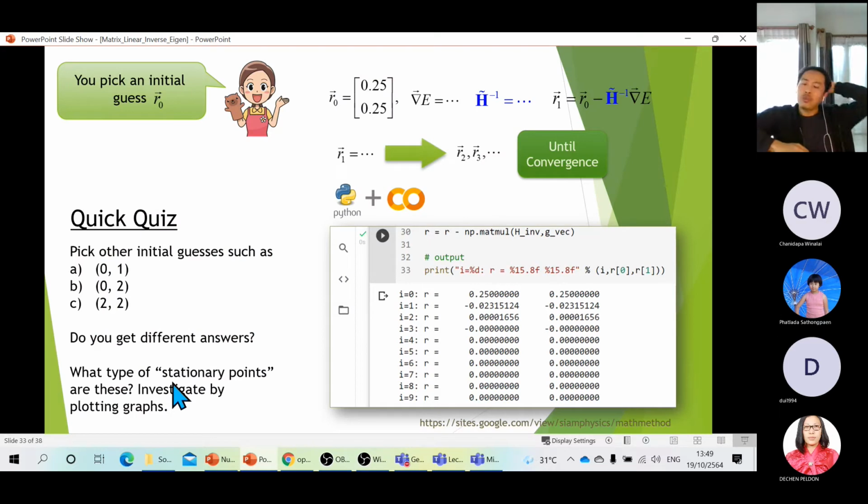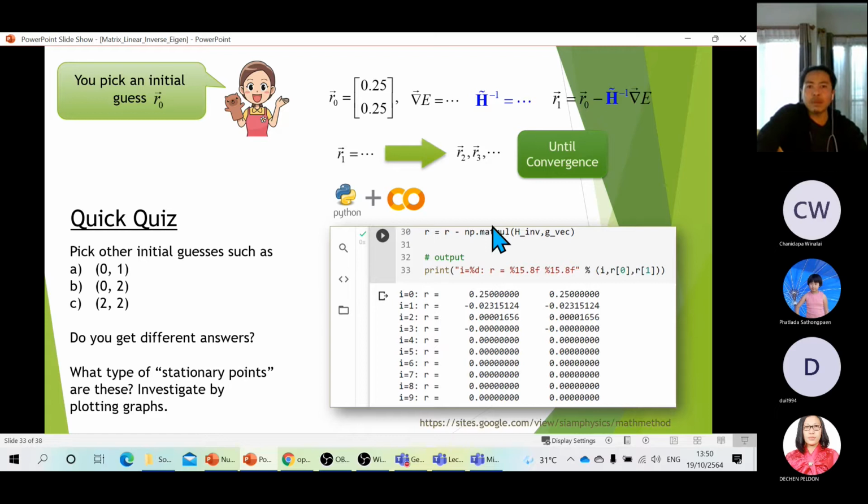Now you do this all the time in physics. As a researcher, you need to try to find some way to understand what happens. You have 0, 0 as the answer. You have 0, pi, another answer. You have pi over 2, pi over 2 for the last answer. So what are these? By plotting a graph. Now you are a student, so it's good to try some new things.